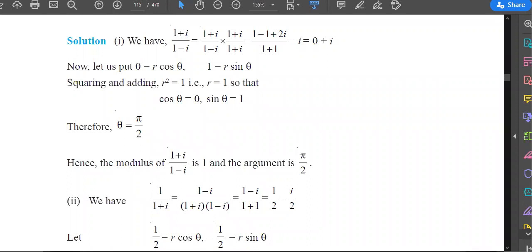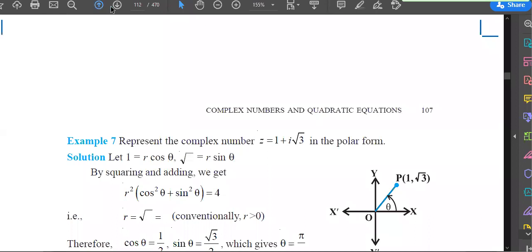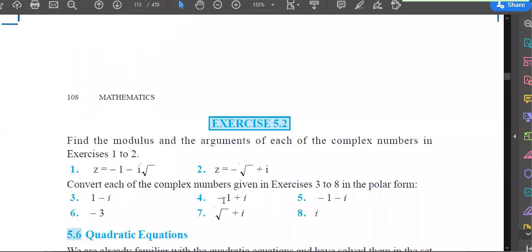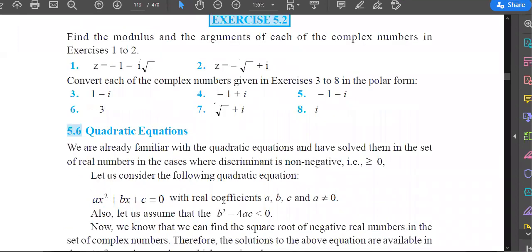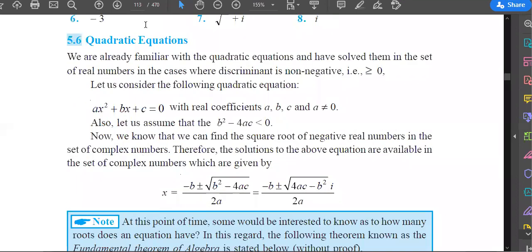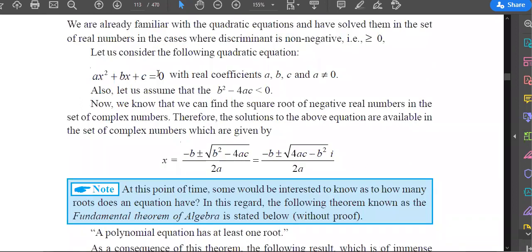Just raise your hand if you can solve this exercise. Even if you don't solve module, you just solve this exercise because it is very easy, right? See, we have 14 problems here in 5.1. Then we have 8 problems here, and these problems are very easy. And then quadratic equation. Got it everyone? I'm not asking you to solve everything till Tuesday, but try to solve within 1 week.